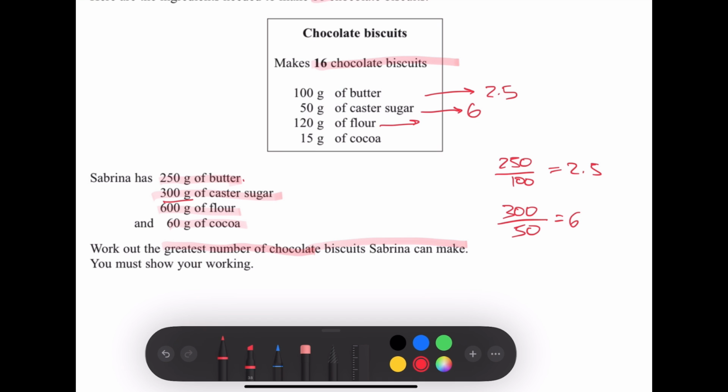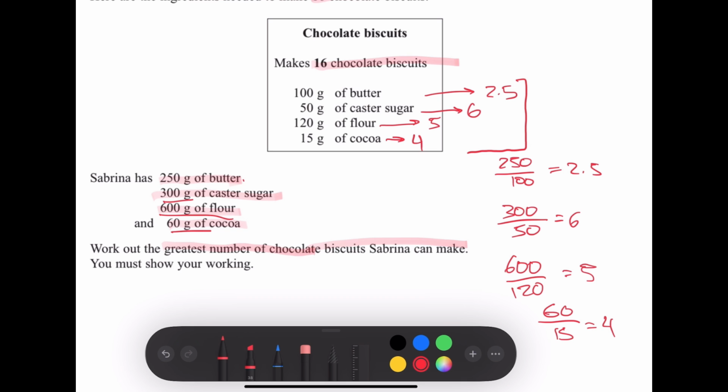If we see 600 over 120, that is 5. It can make 5 batches. And if we do 60 over 15, it is 4. So if we see which one now is the smallest amount of these ones,